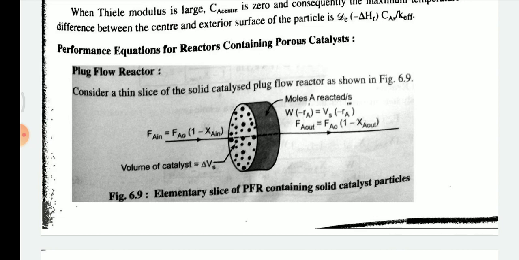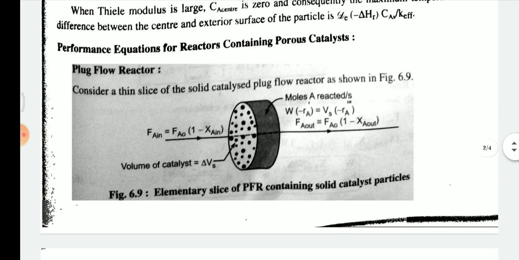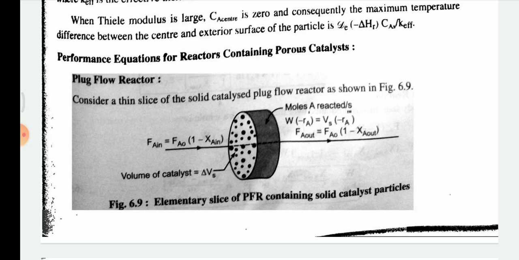So that means we have to derive the reaction equation for a catalyst which is porous. That means reactors whose catalyst has a porous medium, which is a solid but consists of hollow spaces. So these types of reactor are a plug flow reactor. We see that a plug flow reactor, easily see that.